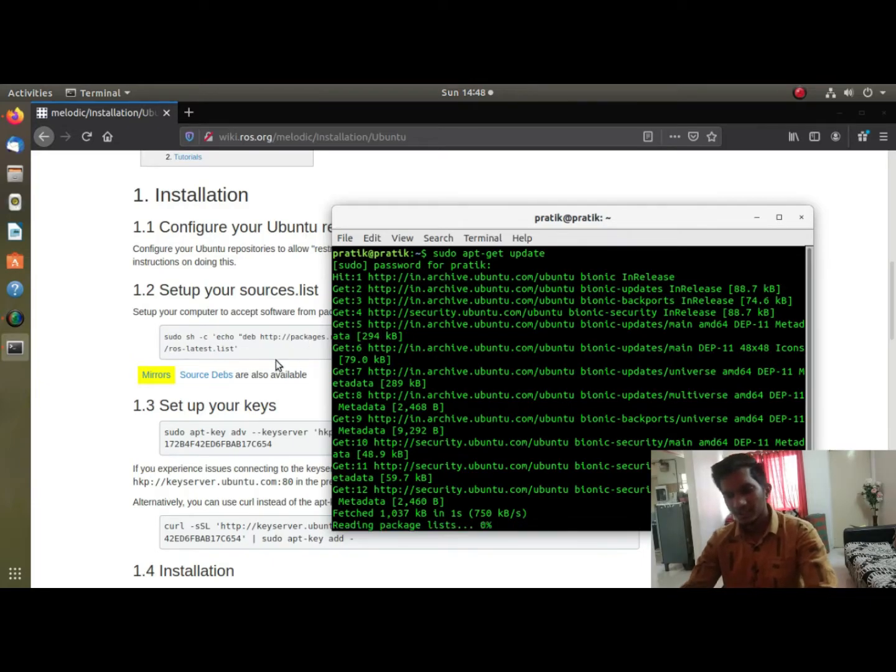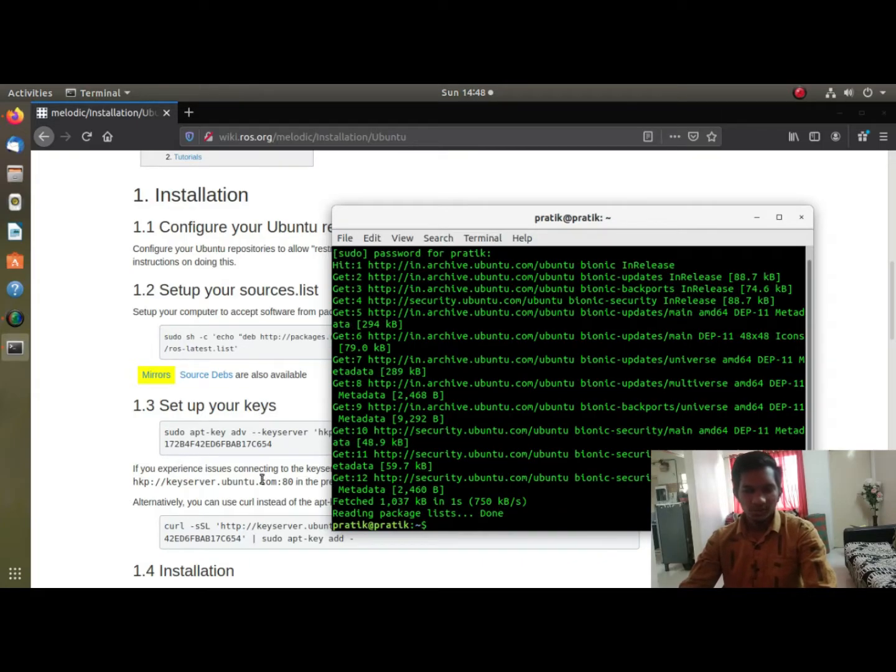Before installing ROS, you just have to type this command and check whether there are any unupdated packages available. If there are many unupdated packages, you just have to update them, then start the installation of ROS.